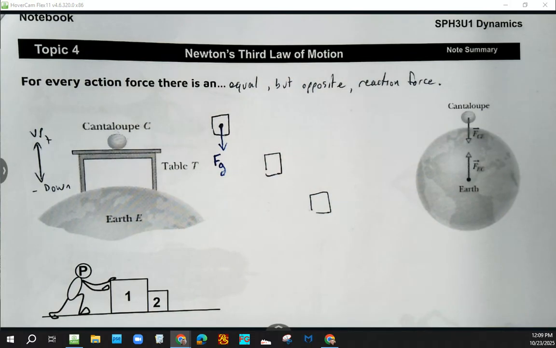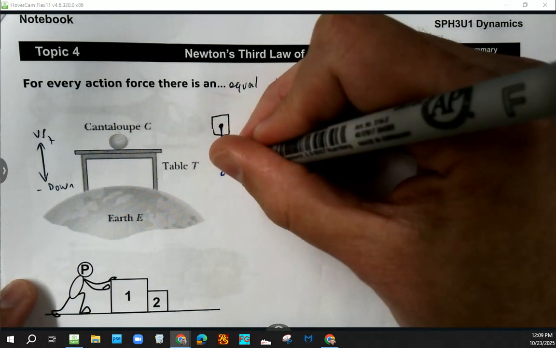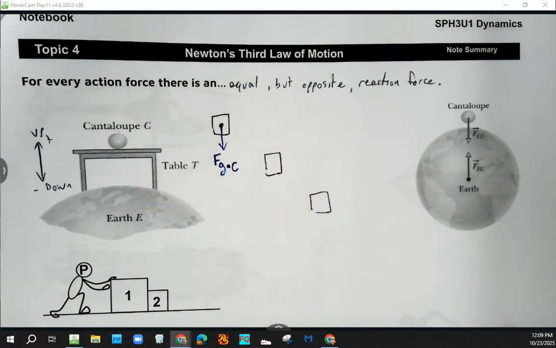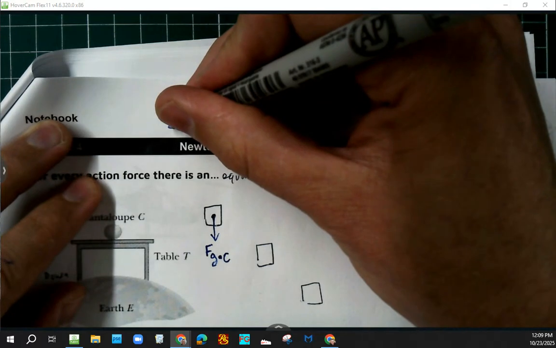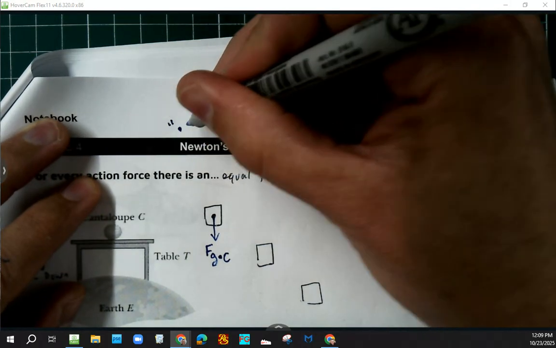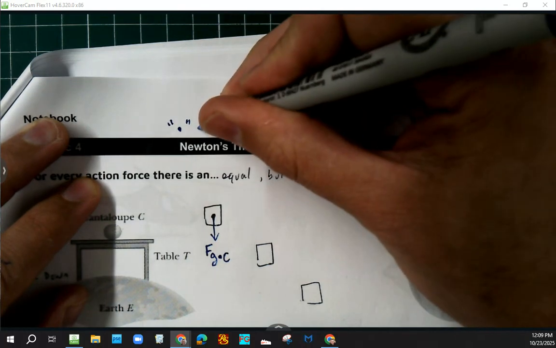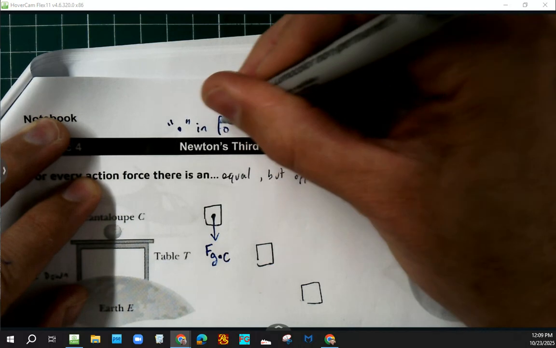There's going to be a cantaloupe, a table, and the Earth here. And so I actually have to come up with this notation. And in case you didn't catch it before, I actually did use it once before. FG.C. Now when you see a dot, I'll put it up here, and this seems like a weird way to say it, a little bit awkward, but in quotations, a dot in force notation, force